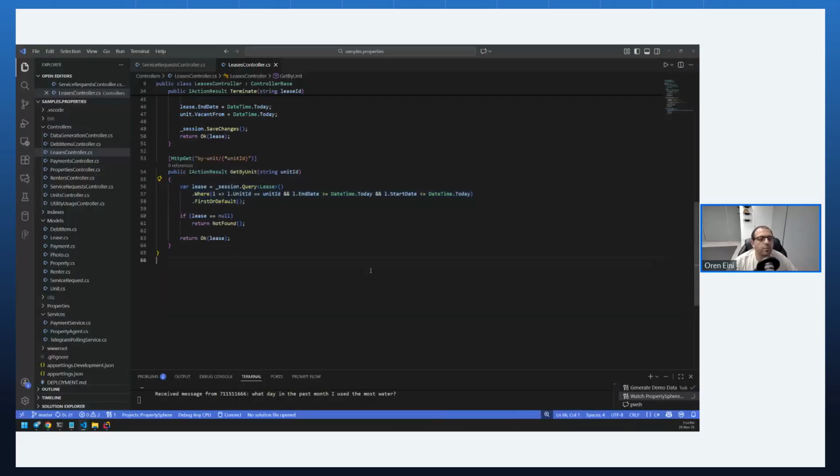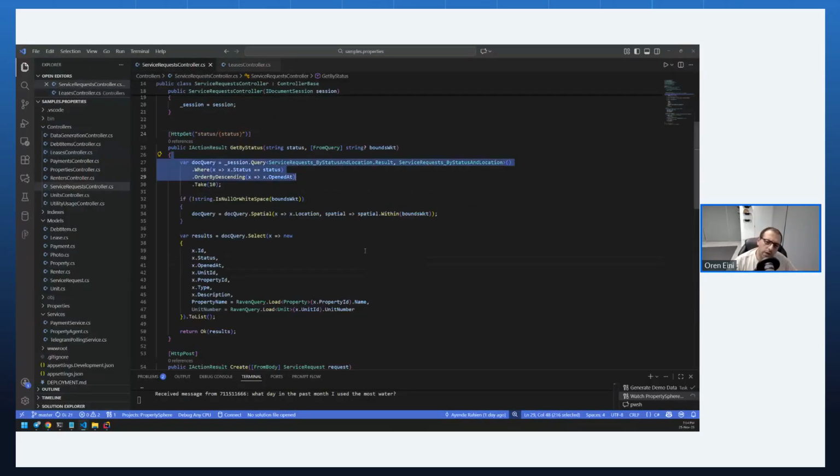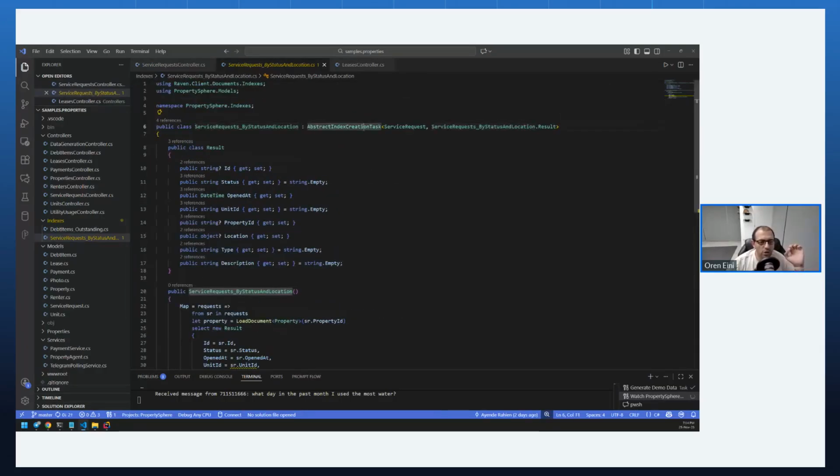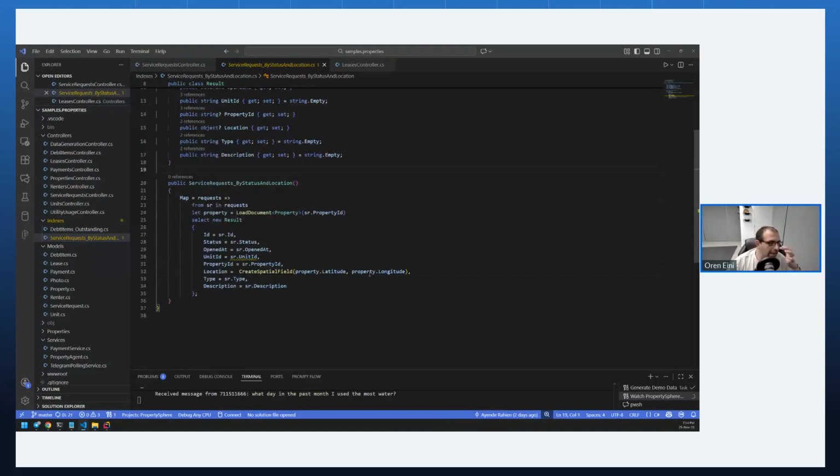Now, in this case, this is weird. We're not querying on service request here. We're querying on something very different. What we have here is an index creation task. So this is how you can create a RavenDB index yourself from code. And the idea here is that we have this map operation, and this map operation runs over all of the service requests and projects all of the fields that I want